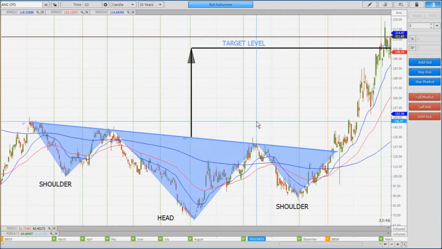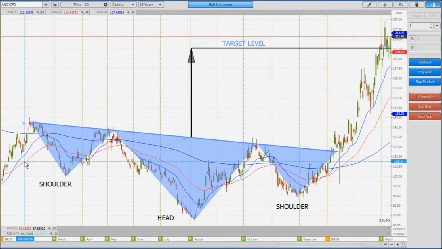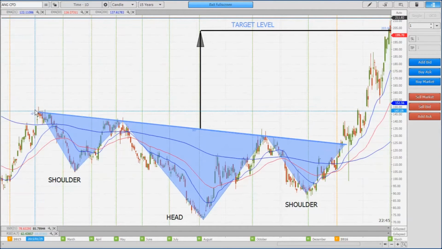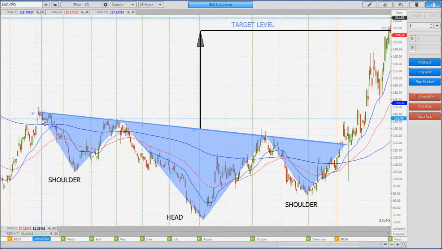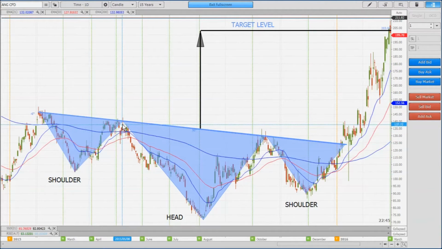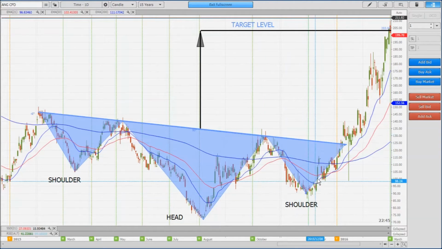Okay, so now for a practical example. Alright, so on screen you'll see that I've set up an inverse head and shoulder situation. Let's run through it. So the share price moved, and at this point a resistance formed, and the share price was overbought, and the share price moved down. It moved to this point, and then came back to retest the support. Formed the larger head, came back to retest the support, and formed the right shoulder, retested the support, and gapped